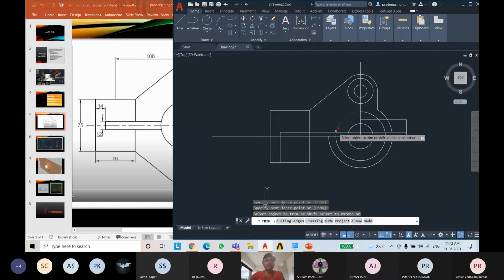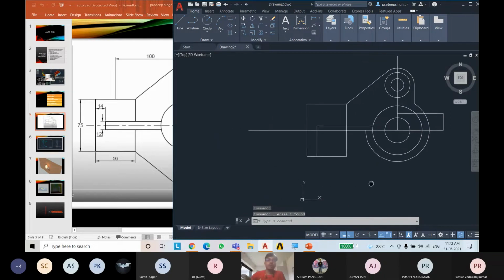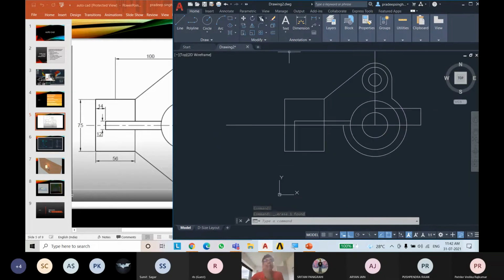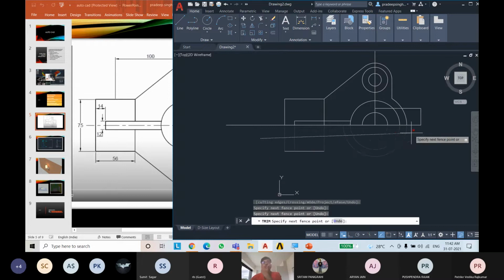So we want this circle only. So just trim this and this. Just select this and delete it. So now I will delete all the bottom part, like by this line.